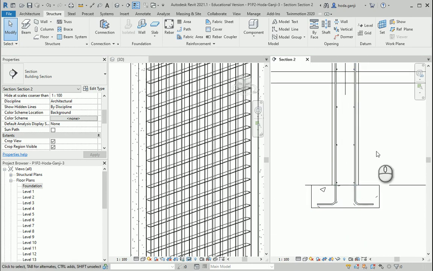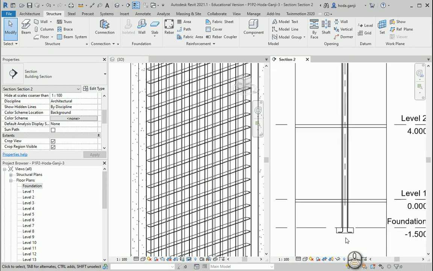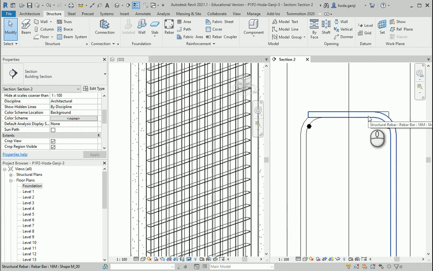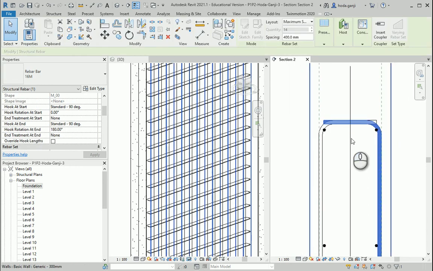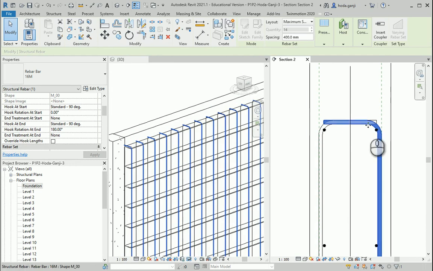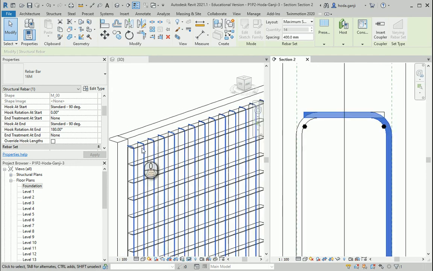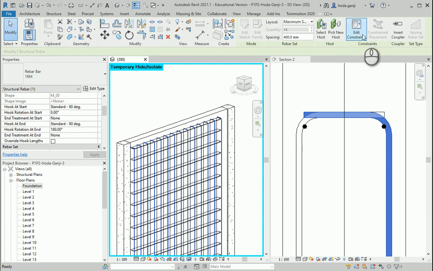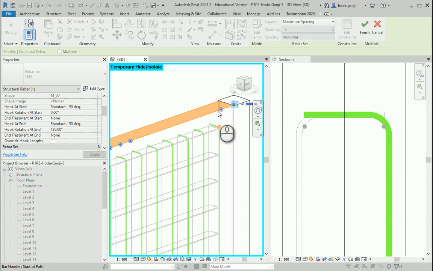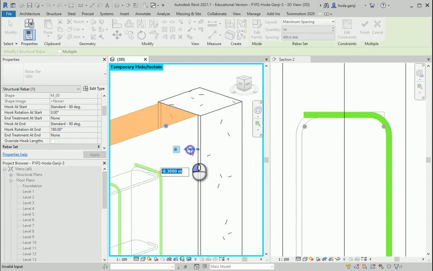Now you see in this section it's working fine. At the top it's working fine. We can work with this a little bit so it's not gonna overlap. So how about I select one of these, go here, go to edit constraint, and for this top value of one of these I want to increase this number, so it's gonna be a little bit smaller, so it's not gonna overlap with the other one.